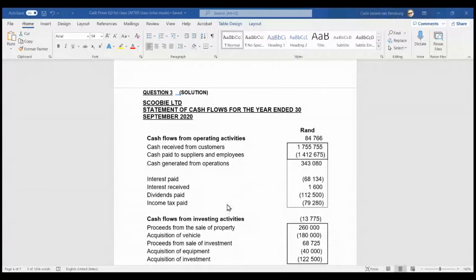Okay, so that is our operations done, ladies and gents. Maybe we'll just pause there for a few seconds. Are there any questions on the operations part, or any other questions on the reconstruction of that debtors account? Doesn't seem to be. Okay, so now we can carry on to the rest of the operating activity section, which